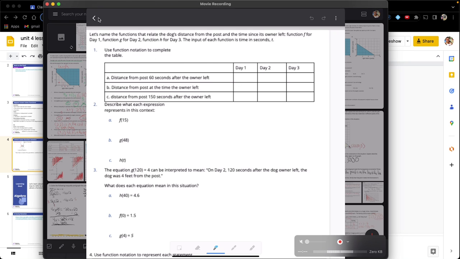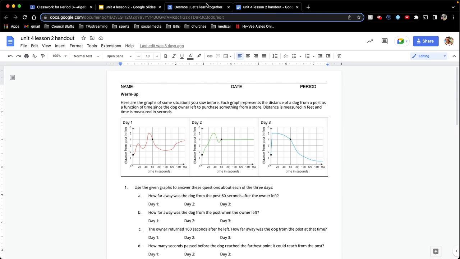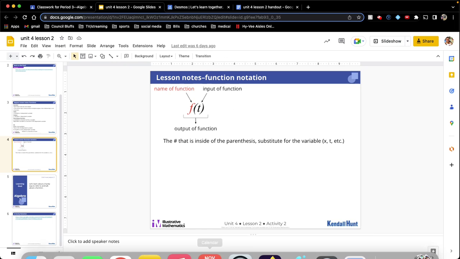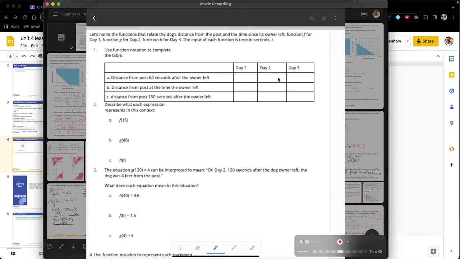We're going to write this function notation. So to go back to our lesson notes, we're going to use this notation here. Okay, the way we say it in this case would be f of t. So we are naming the function for day 1, we're naming it function